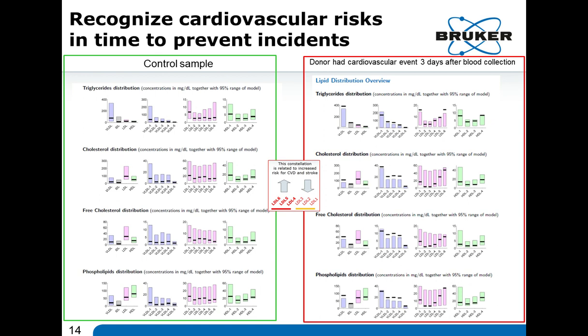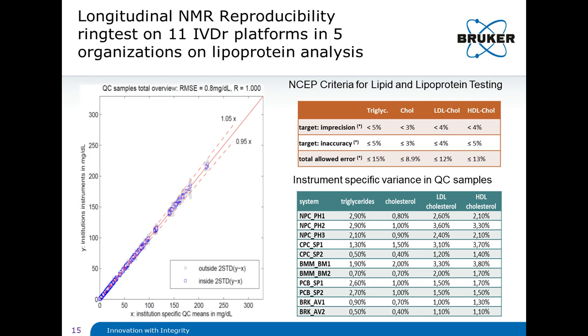But if you look at the individual subclasses, you can see that this distribution actually is quite unhealthy, because health is improving when we have a high concentration of the first 3, LDL 1 to 3, and a low concentration of LDL 4 to 6. And here it's vice versa. But if you just take the main panel that you would get from your house doctor, he would not recognize that there is a problem. NMR can do that within a few minutes.